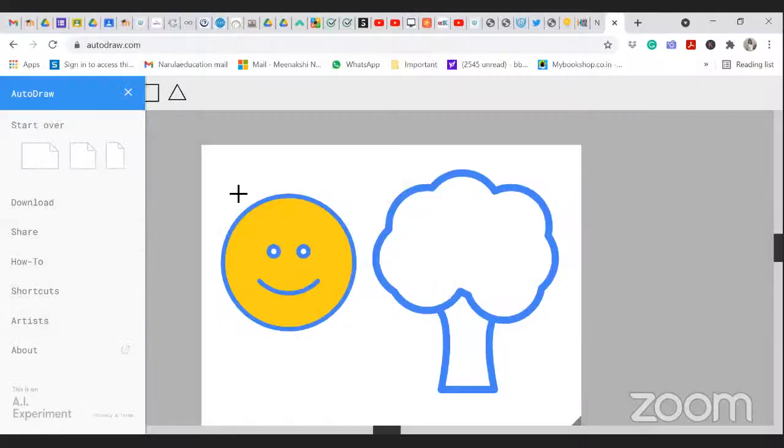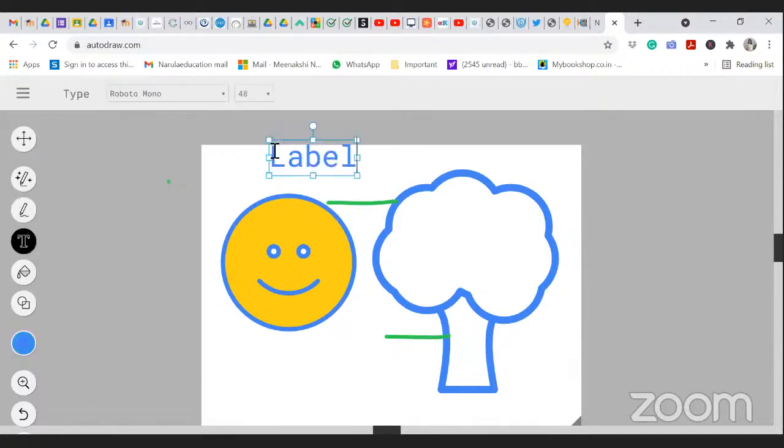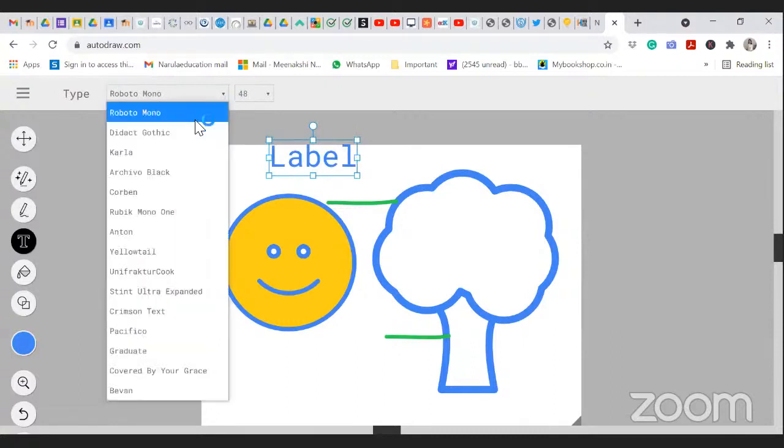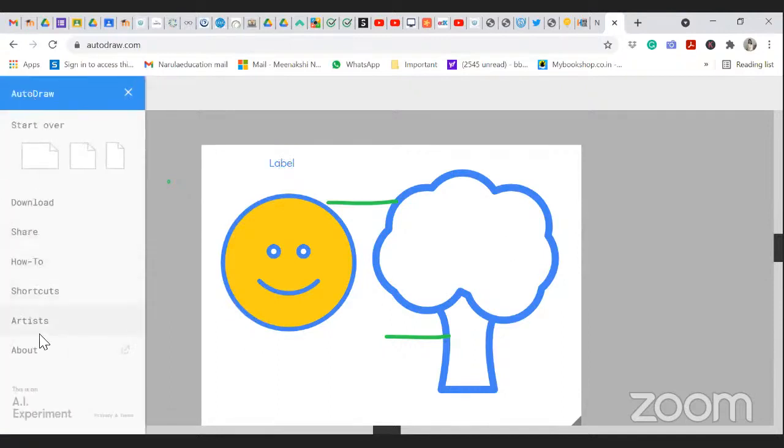Here you go. And you can select the page. Whatever you want to do, you want to draw, you want to give some labeling work to your students, you can do like that. You can type text, label, change the font, type, style, size. Then you'll be able to give instructions and then download it. It will be downloaded as an image, and then you will be able to share it with your students as a kind of worksheet.